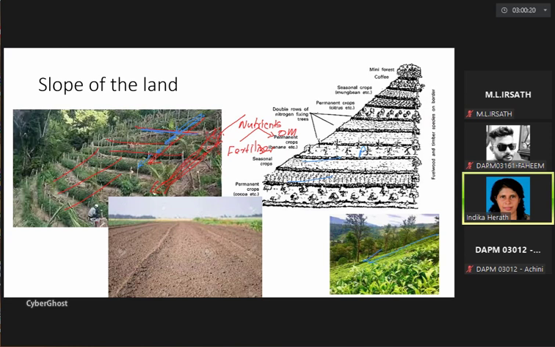But what about if we grow potatoes? Potato is a seasonal crop, and to harvest potatoes you need to disturb the soil. Let's suppose you have potato here, you have to keep on disturbing the soil to get the yield, so there will be an expected enhancement of